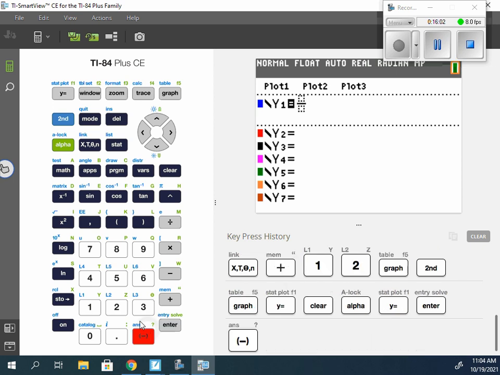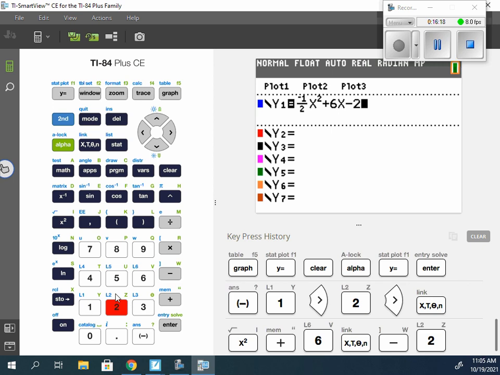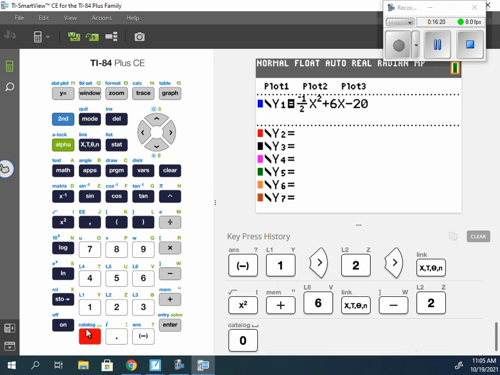And we can say negative 1 over 2 x squared plus 6x minus 20. We're able to get it typed in. And if we hit graph,